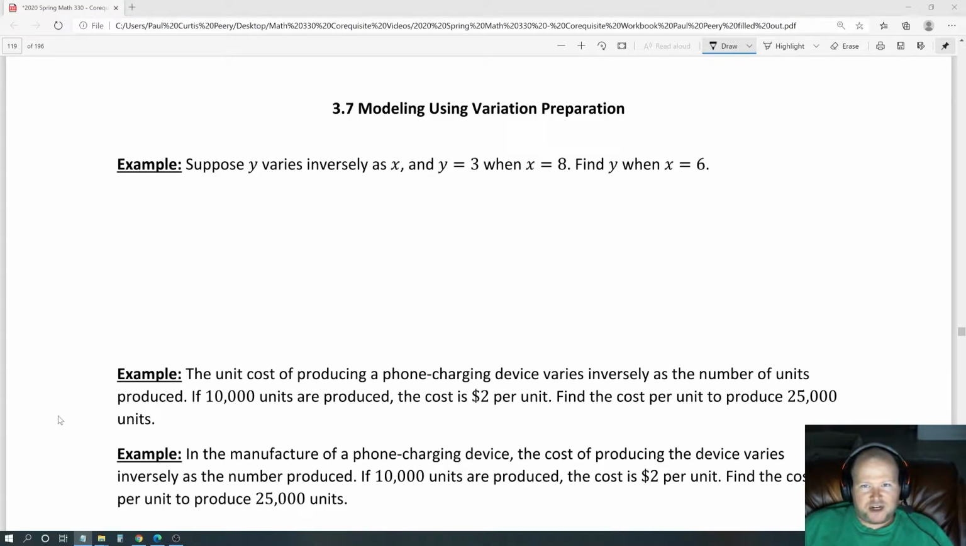3.7, modeling using variation preparation. Example, suppose y varies inversely as x and y is equal to 3 when x is equal to 8. Find y when x is equal to 6. Okay, so we have y